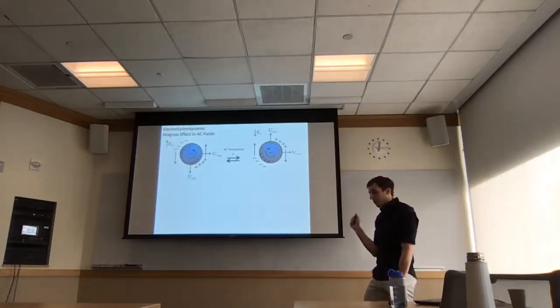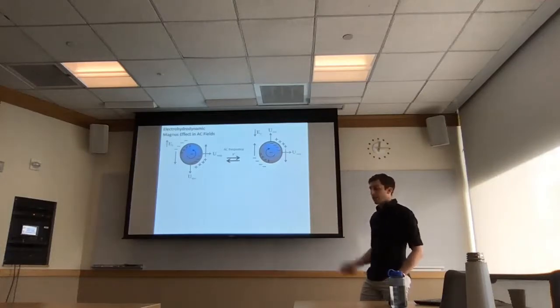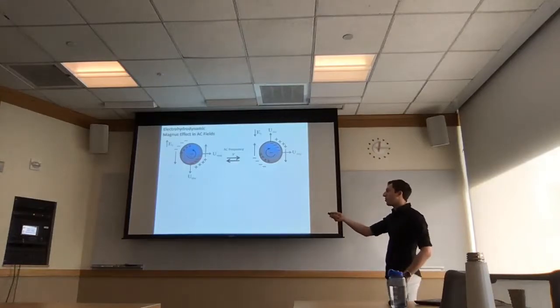So I think we have a pretty good understanding now of how this Magnus velocity works. So this lets us investigate further. For example, we know that if the particle has a negative charge in a field,